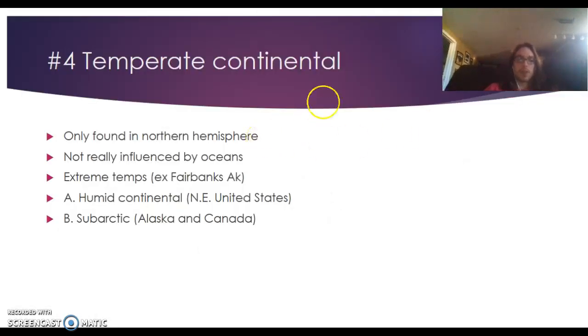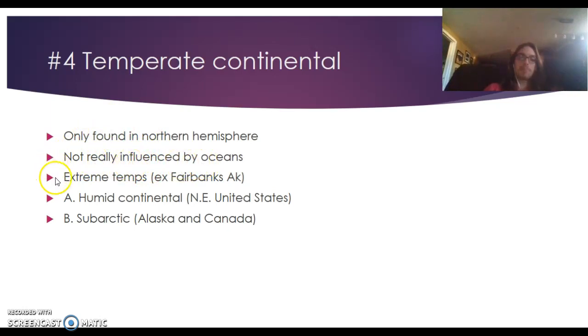Okay, so number four, temperate continental. It's only found in the northern hemisphere. They're not really influenced by the oceans, by that continental standard. That's why we switch marine temperate and temperate continental, because we have those two distinguishers for marine climate and continental climate. And they are normally